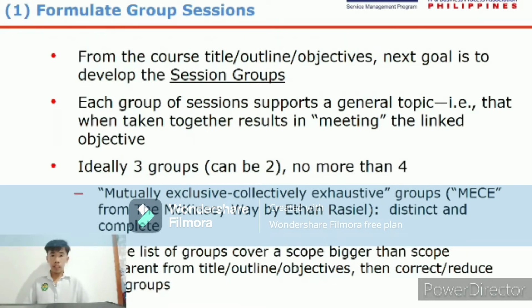From the course title, outline, and objective, the next goal is to develop the session group. Each group of sessions supports a general topic that, when taken together, results in meeting the objective. Kailangan each group ay session support ng general topic. Kailangan pag meeting para magandang resulta ng objectives